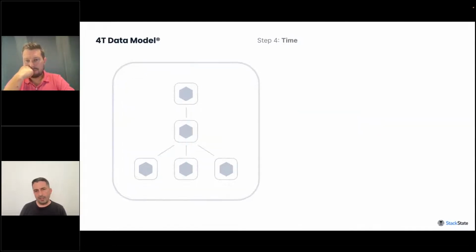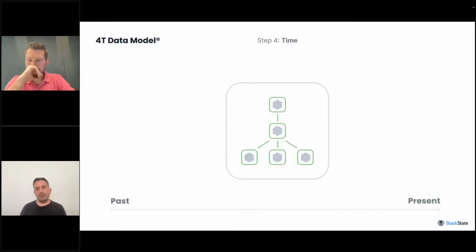And then the final variable is time. As we build these topologies, every time that something changes in an environment, and the Kubernetes environment is a really good example of that, because you've got containers that last for seconds in some environments, but in those seconds they could also cause damage. It's such an intermittent issue that it's really difficult to go back and troubleshoot it. So as we're collecting all of this data,